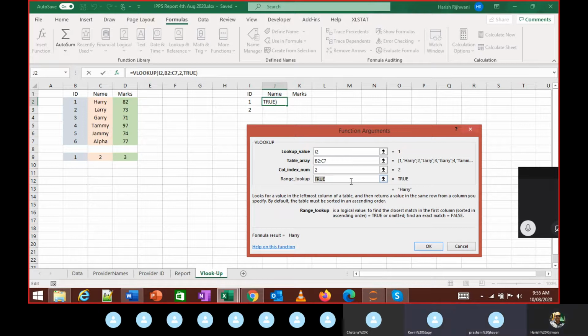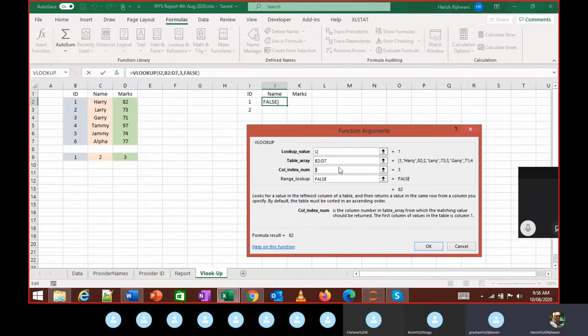Sir, what does the column index number stand for? So the column index number, like I said, in this table array, what value do you want to look up? So in this table array, if I give 1, I will get the value 1. So I'm going to change this to false. If I give the value 2, I'm getting the name. Let's say I change this C to D, so I'm getting 3 columns over here. Now when I choose 3, I will get the marks. You notice the marks, 82. That's the value it is picking up. So this 1, 2, 3 is the column number. What value do you want to look up? Okay. Got it.